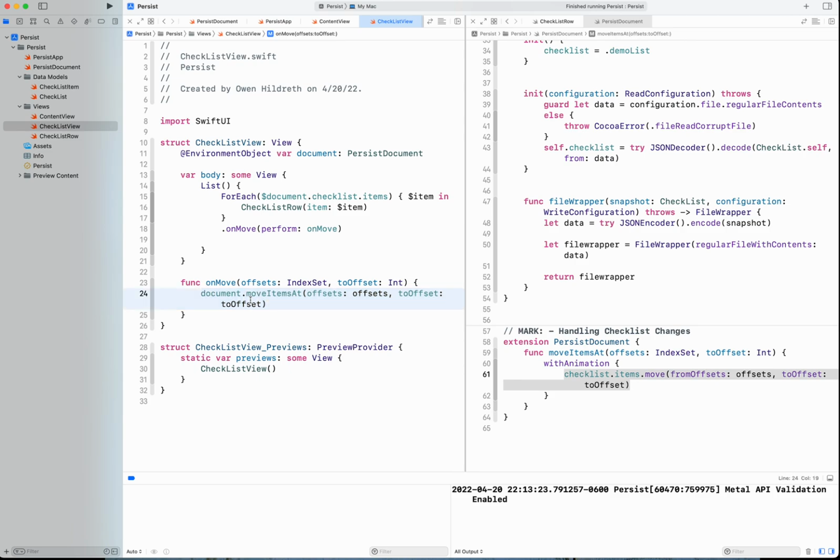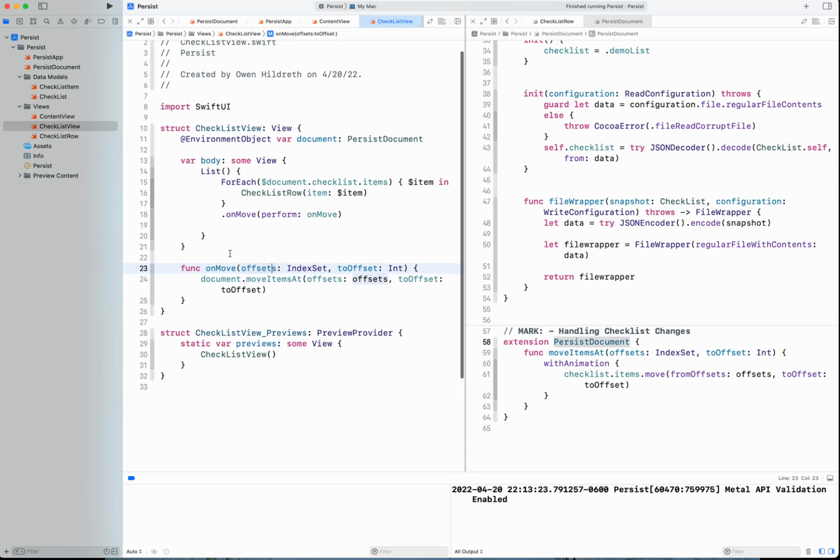Okay. And what you're going to see is we're going to add a lot of smarts to this move items at. We're going to add an undo manager. The undo manager, that's handled by the document. It's not handled by a view. A view doesn't know or care if there's undo managing or anything like that. So